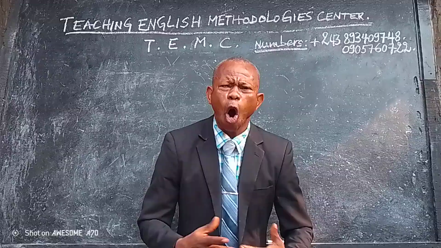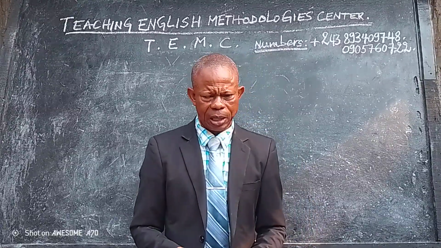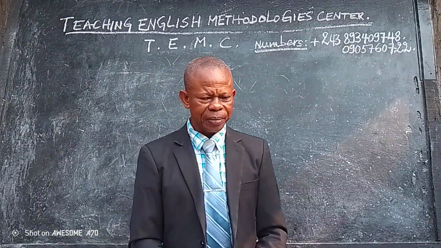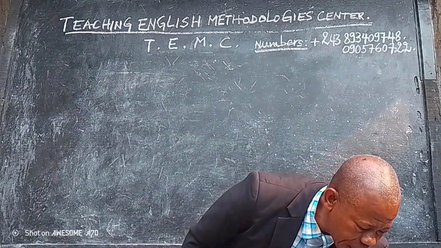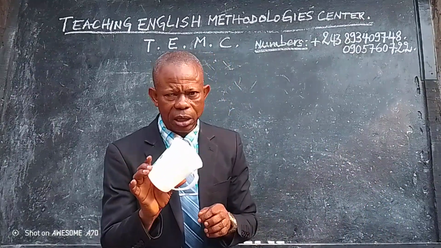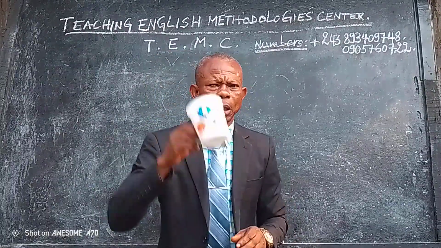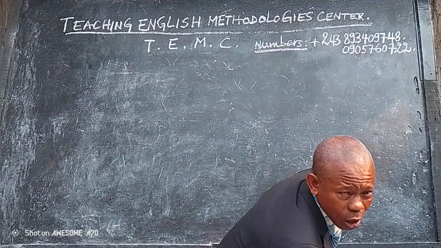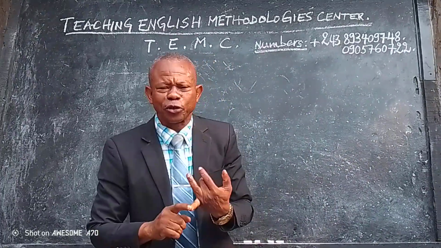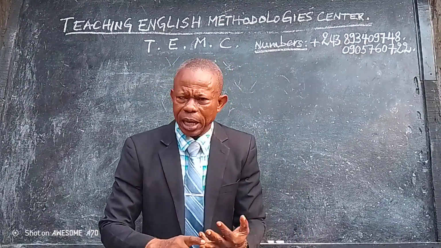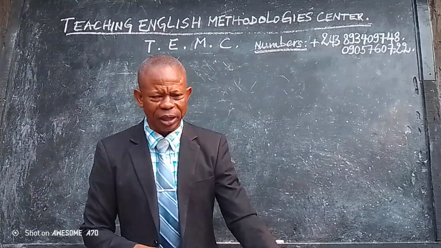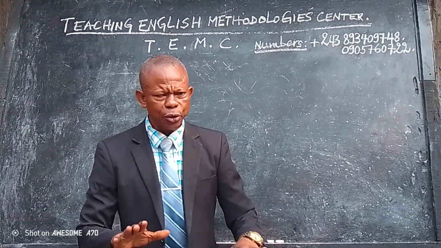How can you teach on to pupils? You have to proceed like this. Take an object like this, the cup. Put it on the table. You may put a piece of chalk, you may put an exercise book, whatever you like. When you put it on the table, you ask them,